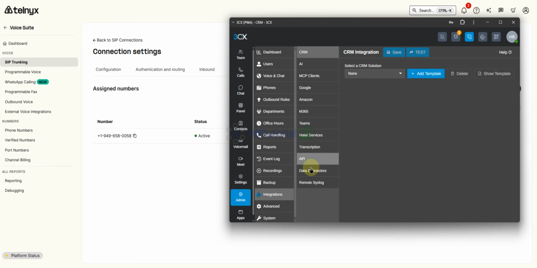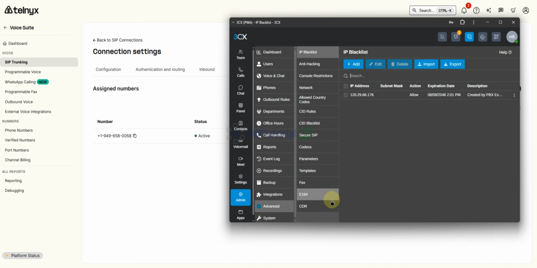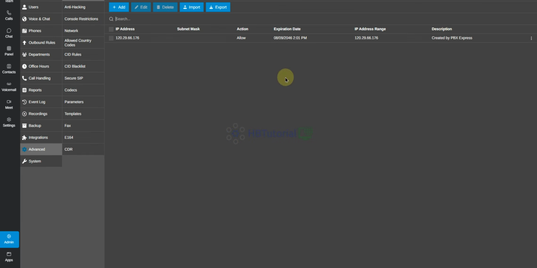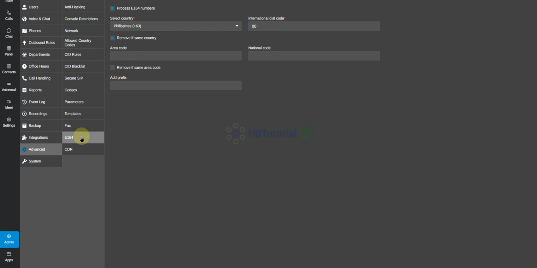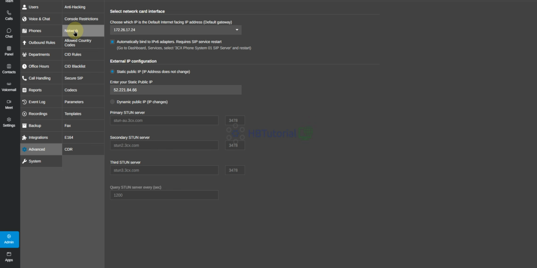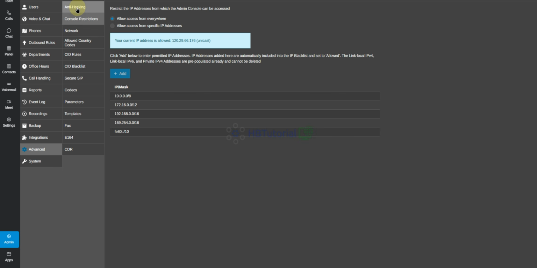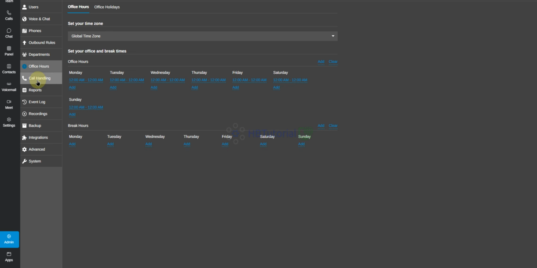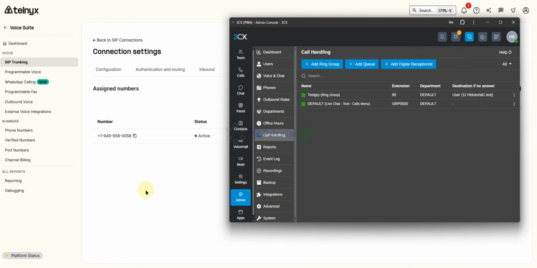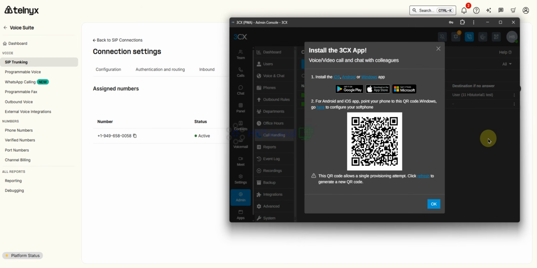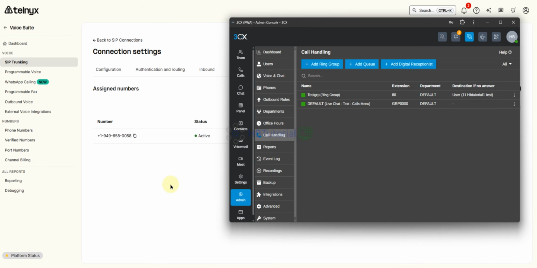So we have integration here. Data connection. Okay, power.